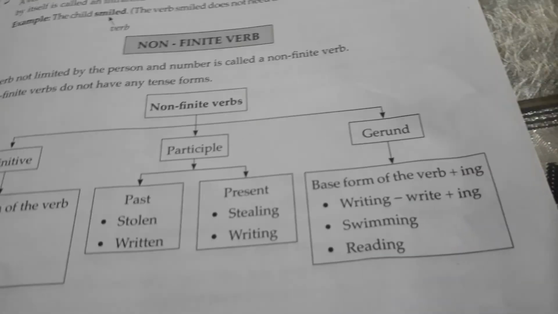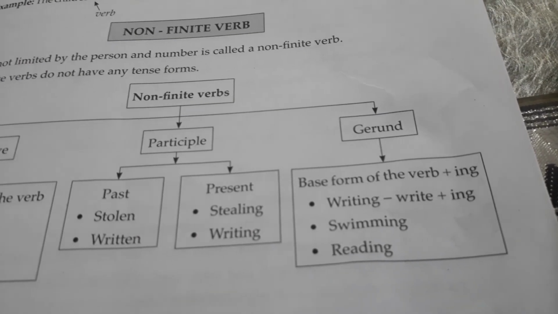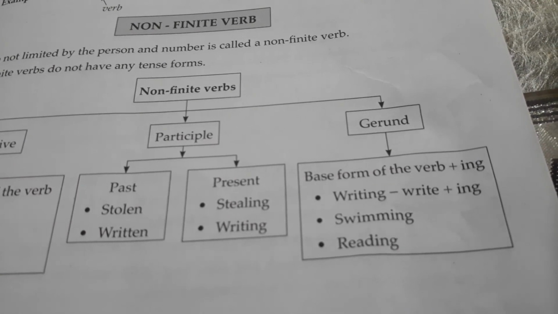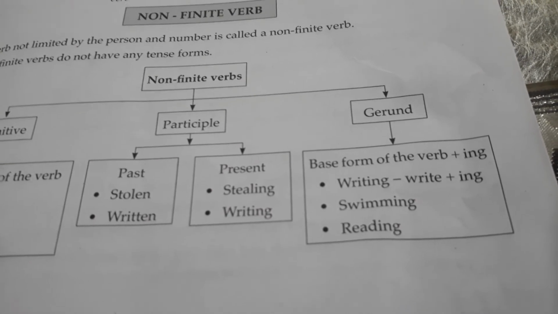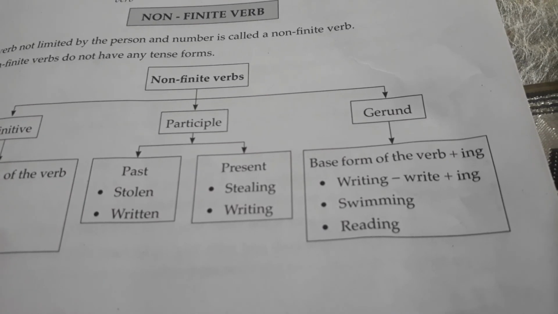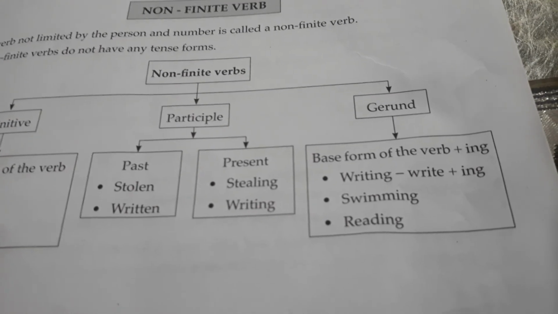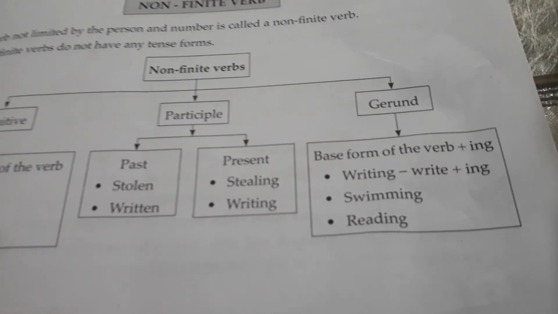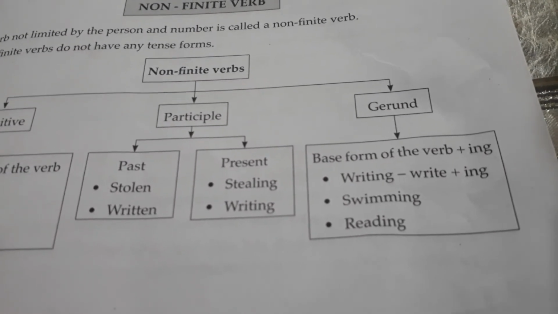But the difference is, in gerund, these ing forms of the verb perform the role of a noun in the sentence. They don't act as verbs in the sentence. These are verbs in the ing form, but they perform the role of a noun in the sentence. Gerunds are also